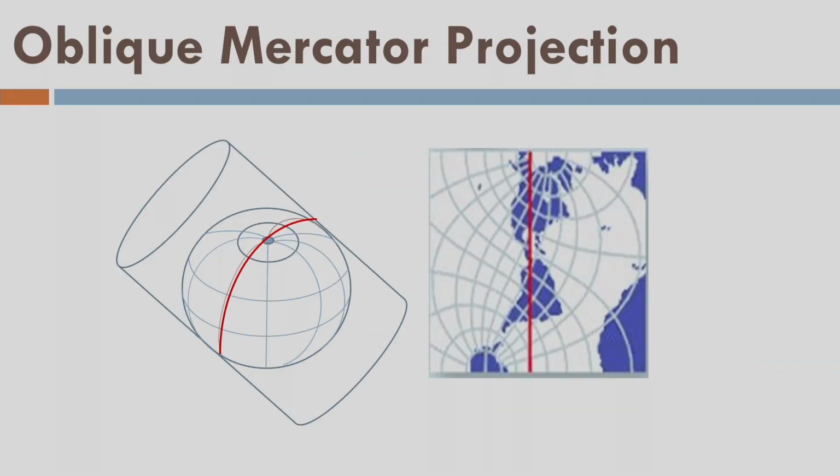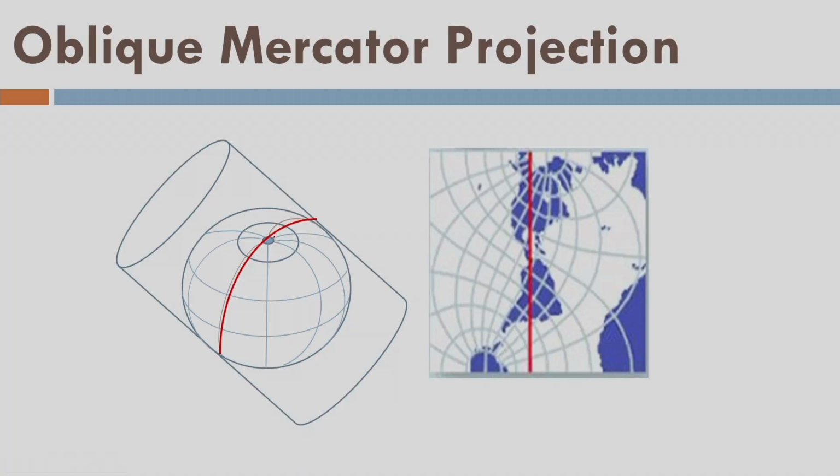Fine. Now you can understand very easily why UTM is so popular. Okay, what about the other meridians? That means suppose there is a great circle along which a country is lying in north-south direction. That means which is not along the central meridian, rather it is on some other line which is shown here by red color. For example, if you see here where the dot is moving here.